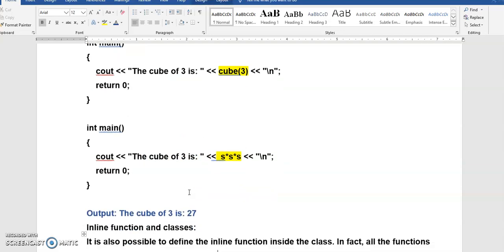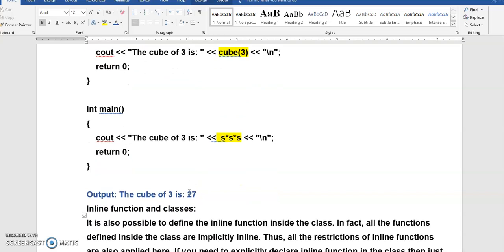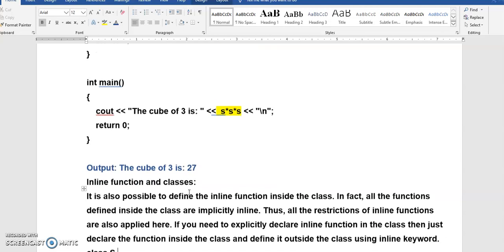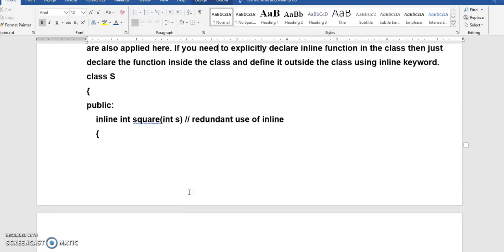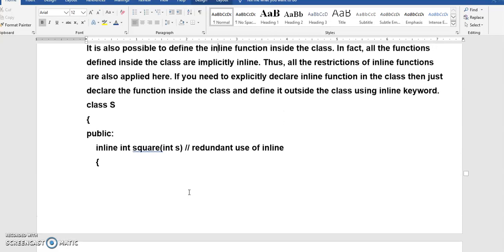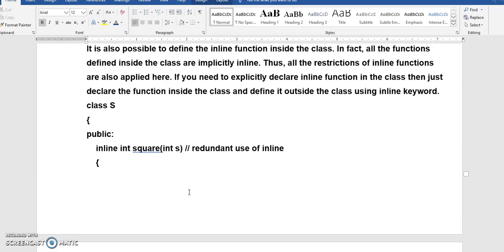This is the difference between a normal function and an inline function. The inline function just substitutes or inserts its code in place of the called area. That is the work of the inline function. A normal function is not so. It will switch between the addresses of the called and the caller functions, which involves more switching time. Is it clear? That is why we go for the inline function.